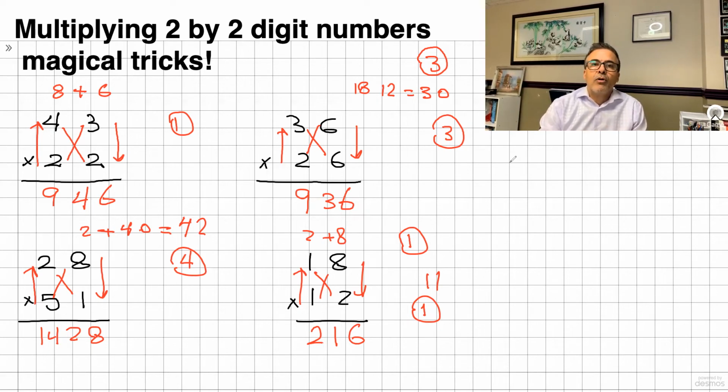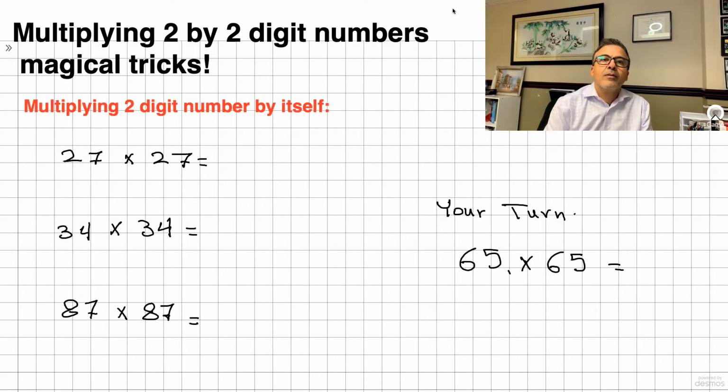Okay, so we'll go to the next method, which is the third method. And the third method is magical. You're gonna see this one. So here's the last trick. The last trick is when you multiply a 2-digit number by itself. So the trick for this one is, if you know 27 times 27, we could just write